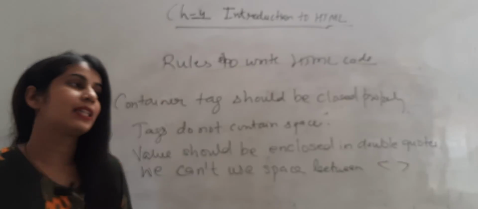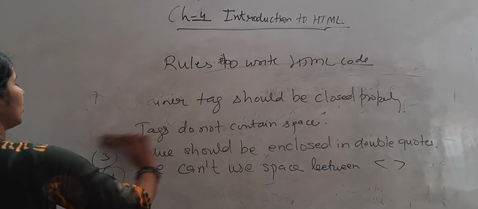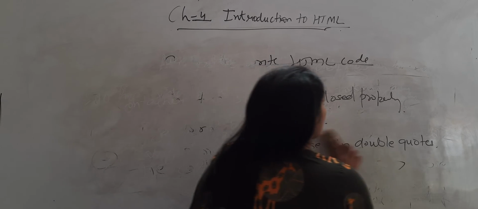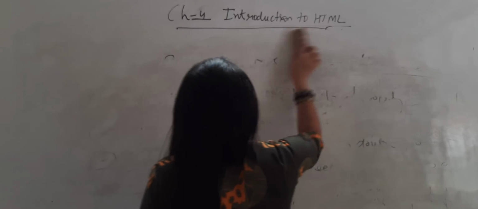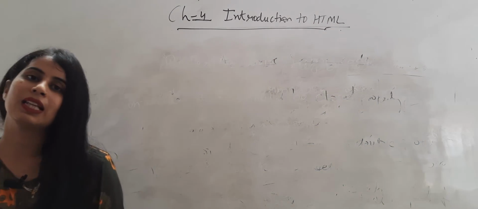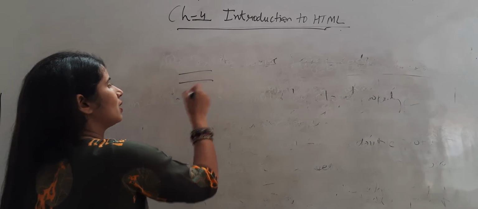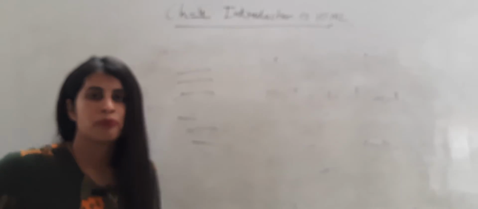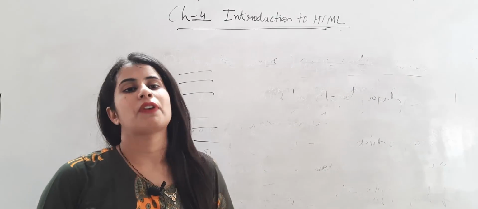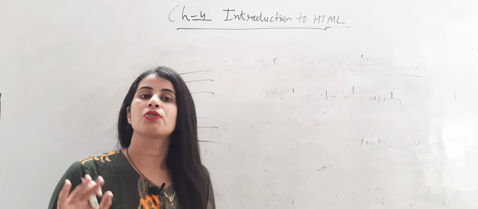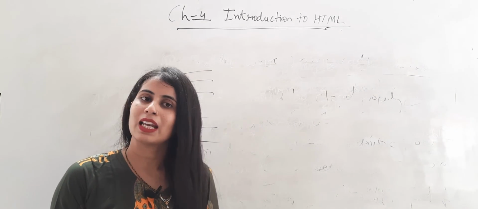So where do we write the HTML code? For this we should use an application program, and that is Notepad or WordPad. We type the coding in Notepad. We will create a new file and type the coding there. After completion of the coding, we will save the file. Normally we save the file after completing the work. Here we should save the file by name.